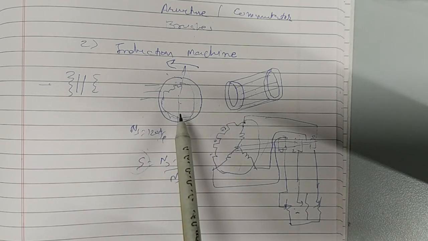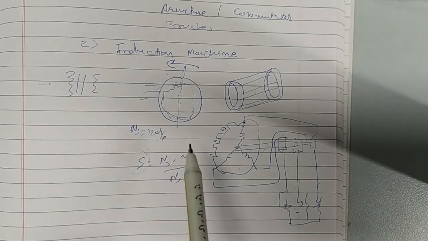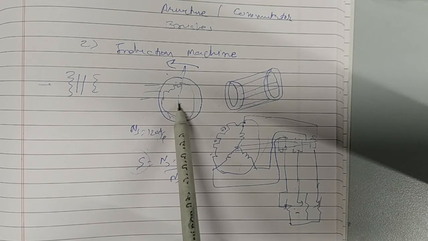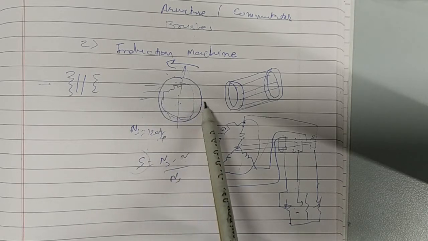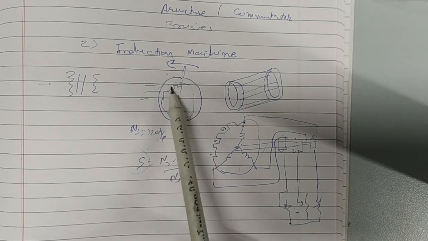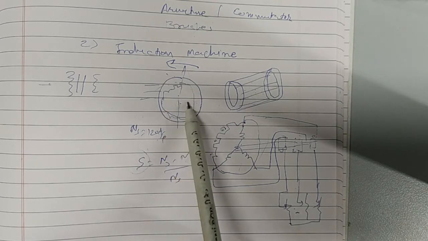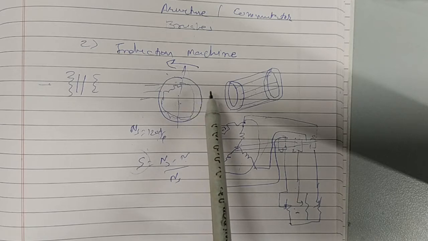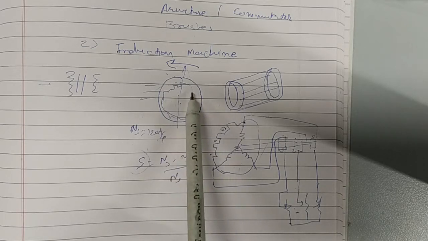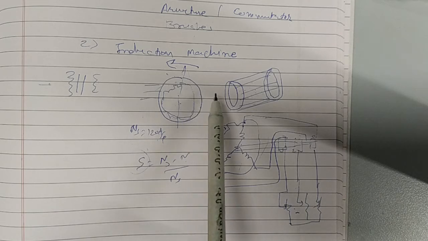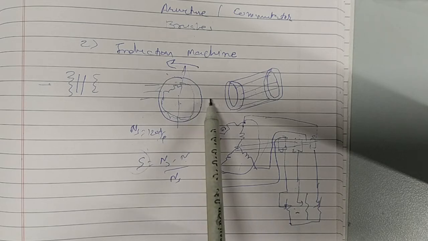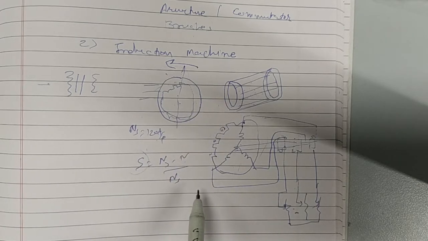In a generator we are not taking mechanical output, actually we are giving mechanical input to the rotor, so that the rotor tends to rotate. If the rotor only rotates, it will not produce any EMF if this winding or these poles are not energized. So by means of a capacitor bank you need to produce the voltage build up process, so that a proper value of the voltage will be generated over here, and it will produce some kind of EMF. So for the induction machine this is the thing.